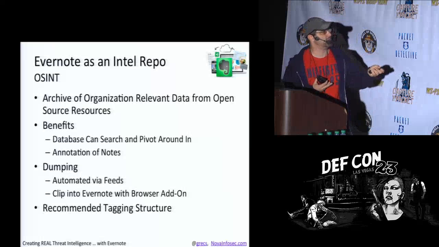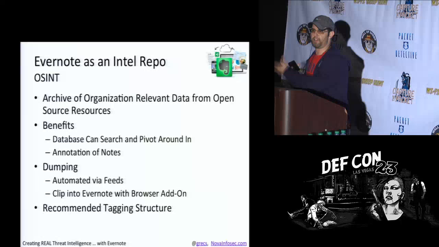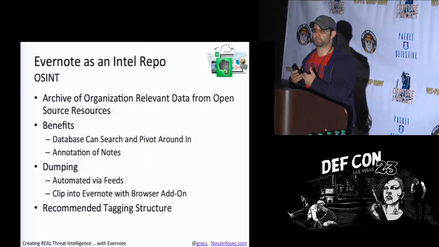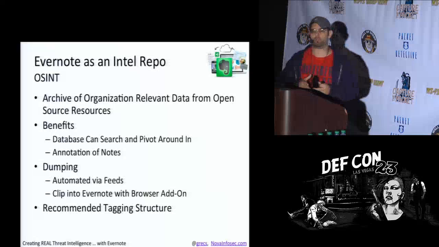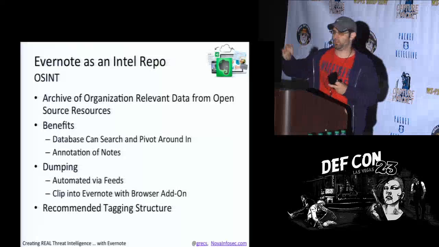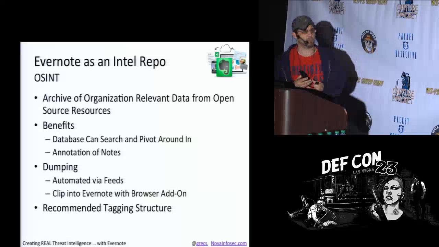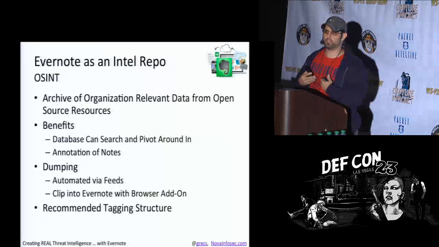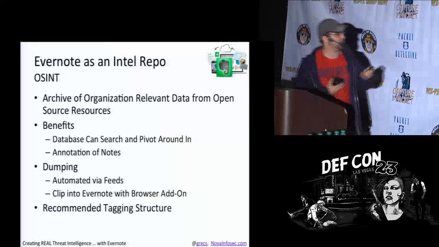But one of the things from an analyst perspective that I really like is that you can go in and find a piece of intel. Maybe it was a prior case, maybe it was from an OSINT resource, maybe it was from a partner, but you can actually annotate it, like, hey, this was good, or you can add tags to give context to it so that you can find it later, and other analysts can also use that.